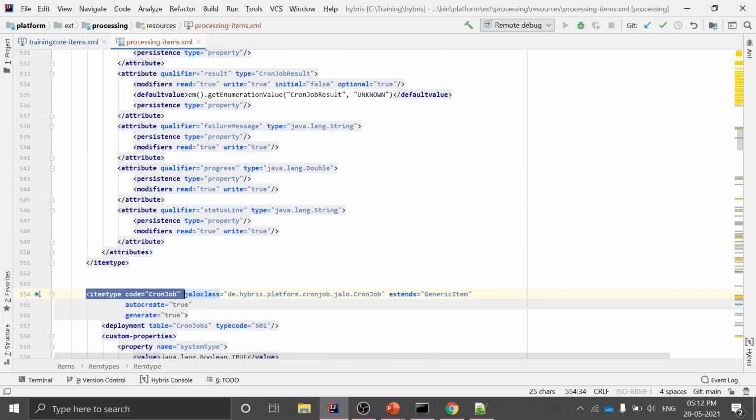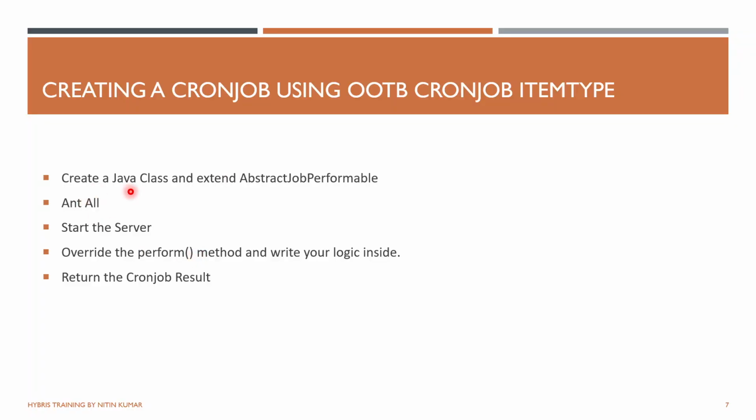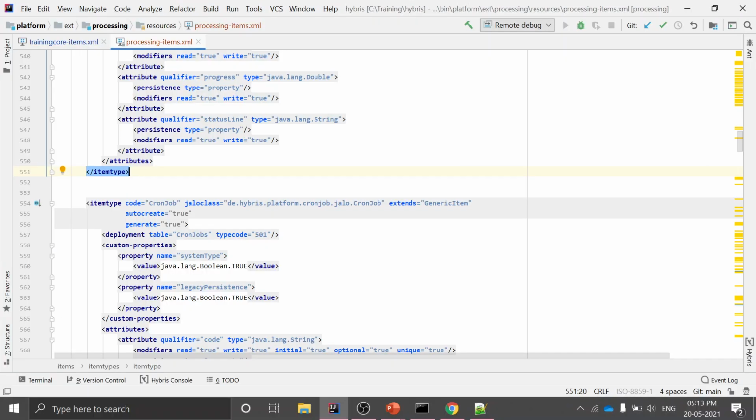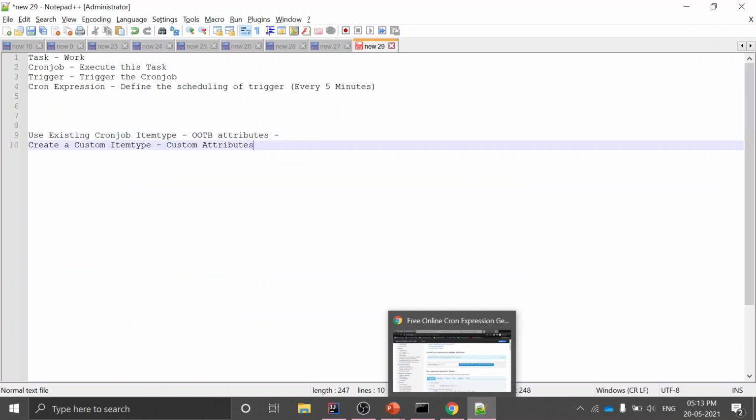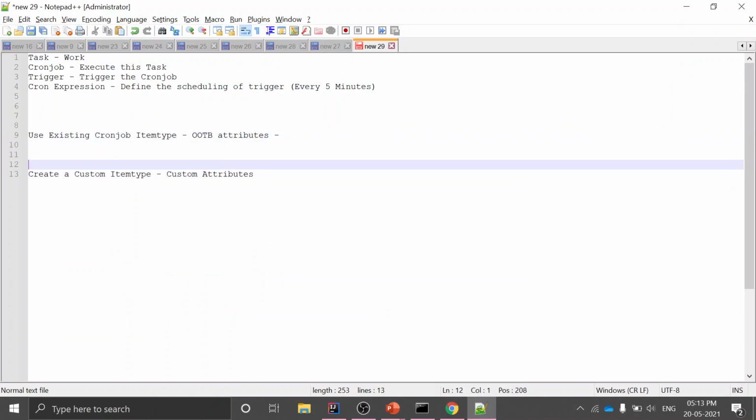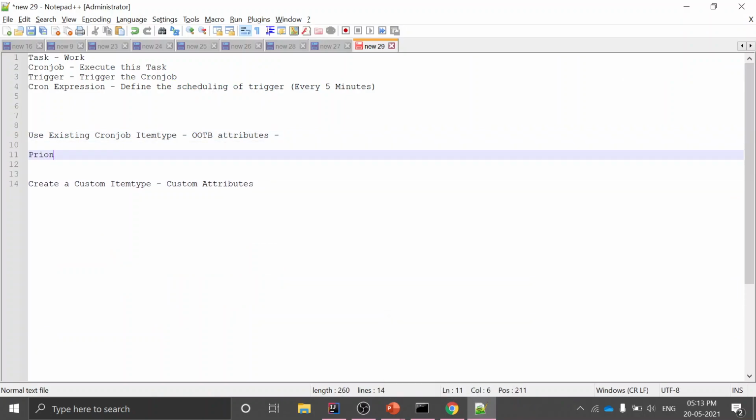Okay, so to create your cron job, you need to create a Java class first. What I am trying to do with my first cron job is print the product code and product name of all the products starting with number 1.